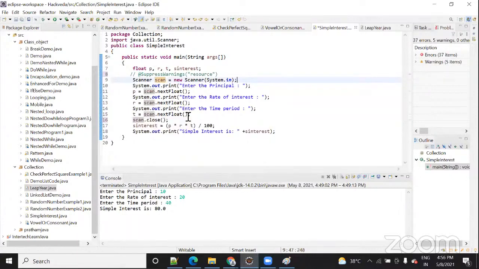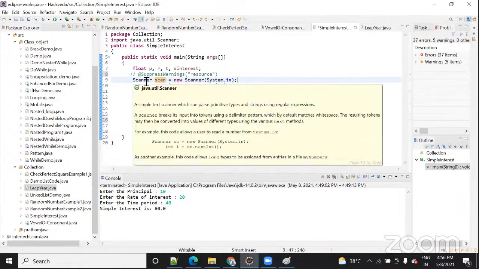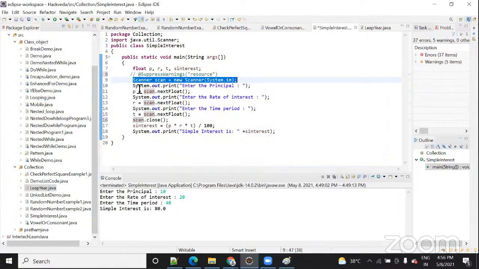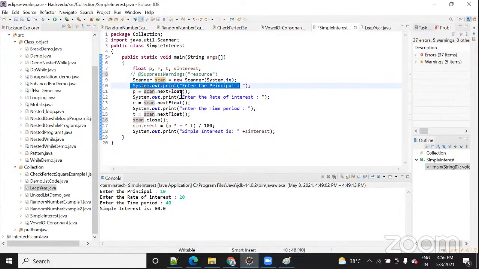Flow control and all, I have already explained how the flow usually goes, and how you can find out the output of any loop just by going through it one by one. Like this is the flow for reading the input, then this is for printing, and again you are reading. And this is the safety precaution you are taking by closing the scanner, so that after that you are not reading anything, right? In this way you need to do the debugging when you work on lengthy code.